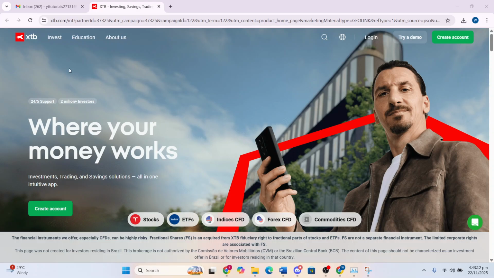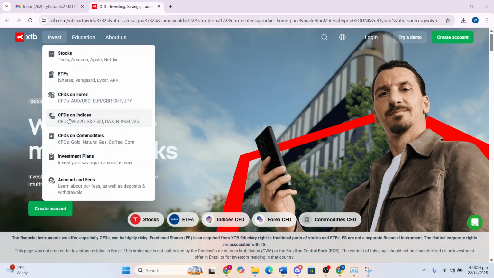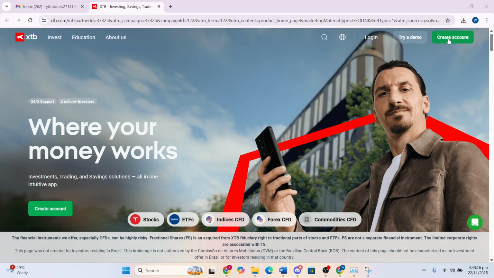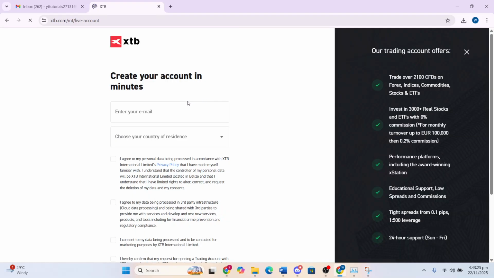The first thing I want you to do is come here to xtb.com, and then here you can come to the top right, click on create account. Just make sure you don't click on try a demo. You can click here as well, create account, and then basically all you need to do is enter your email address,